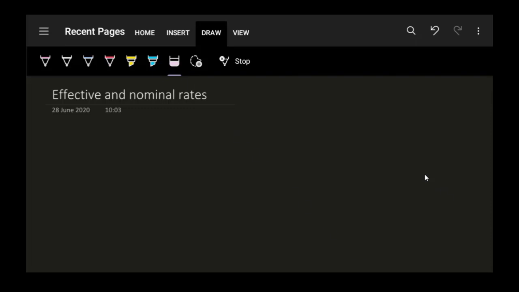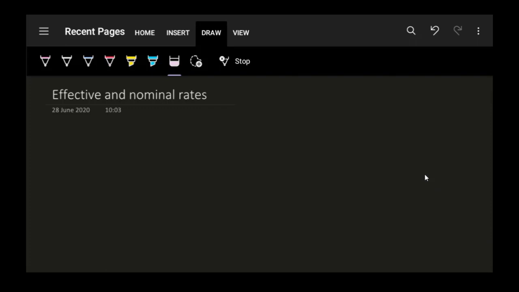Effective rates are compound rates that have interest paid once per time period, either at the end of the time period or at the beginning of the time period. If the interest is paid at the beginning of the time period, then the rate is called the effective discount rate. And if the interest is paid at the end of the time period, it's called the effective interest rate. Effective rate represents the total single amount of interest you have earned in the unit time period.